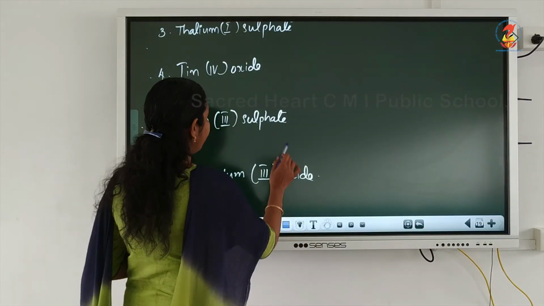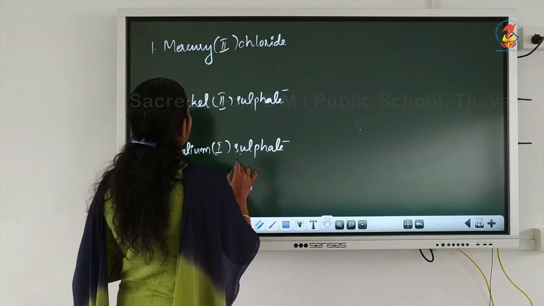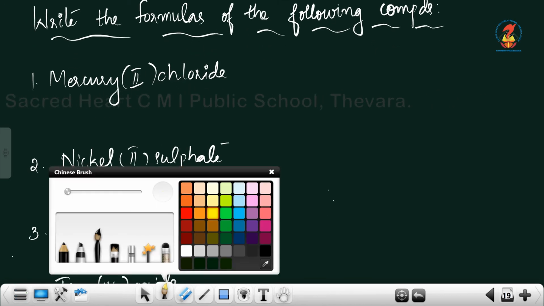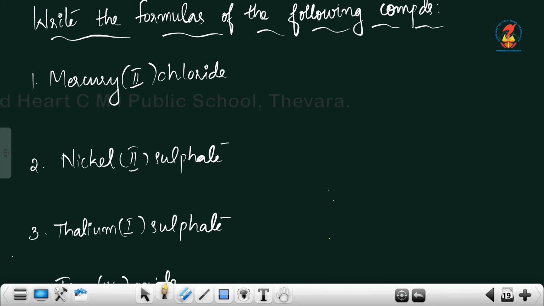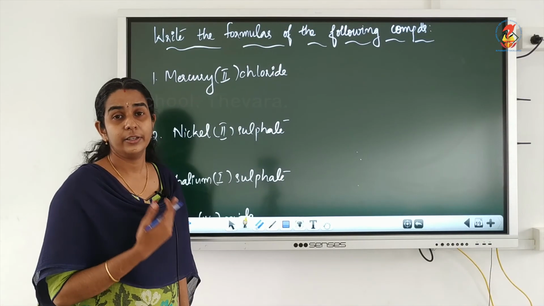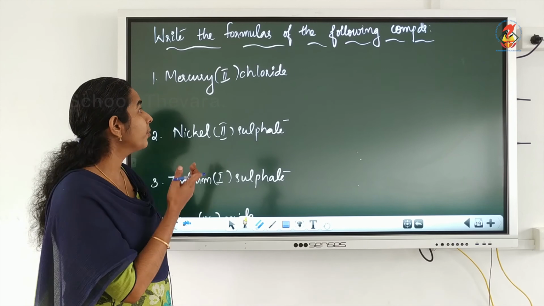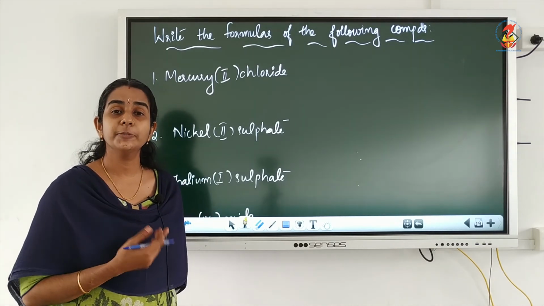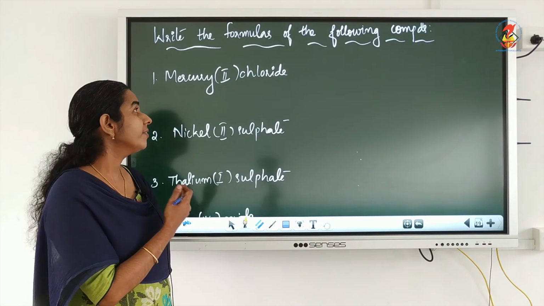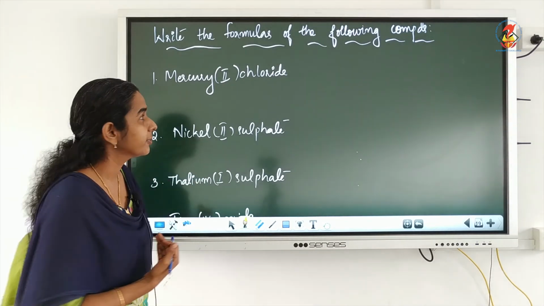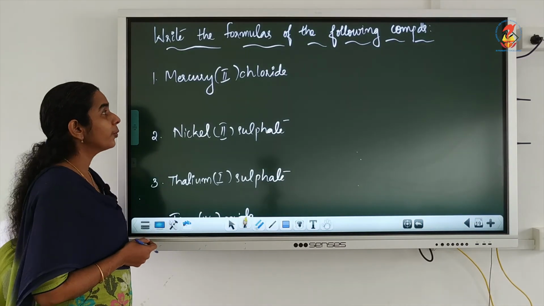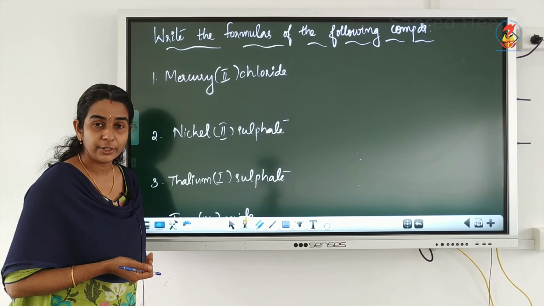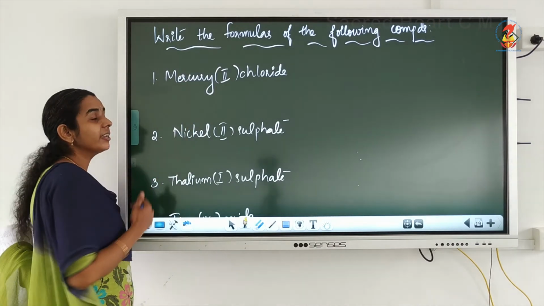Now last, we have how to write the molecular formula of the following compounds. This you have already studied in 9th standard. From smaller classes onwards you are studying how to write the molecular formula by transposing the valencies. So here we will be writing the Stock notation also. First it is given as mercury 2 chloride. So what is this 2 representing? That is the oxidation state of mercury. From the formula given, it is clear